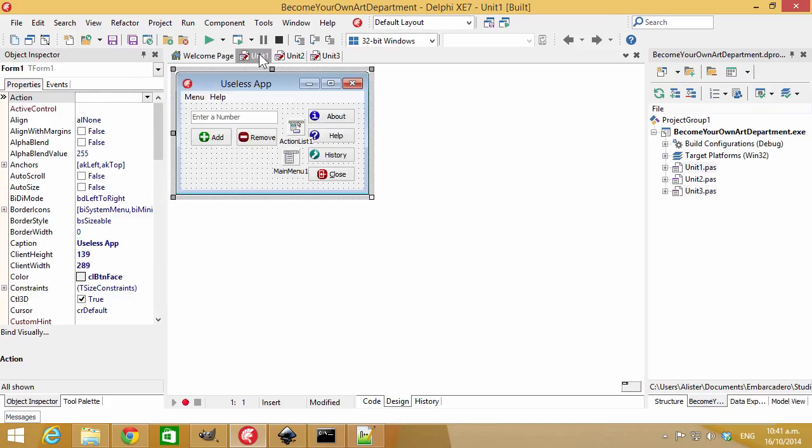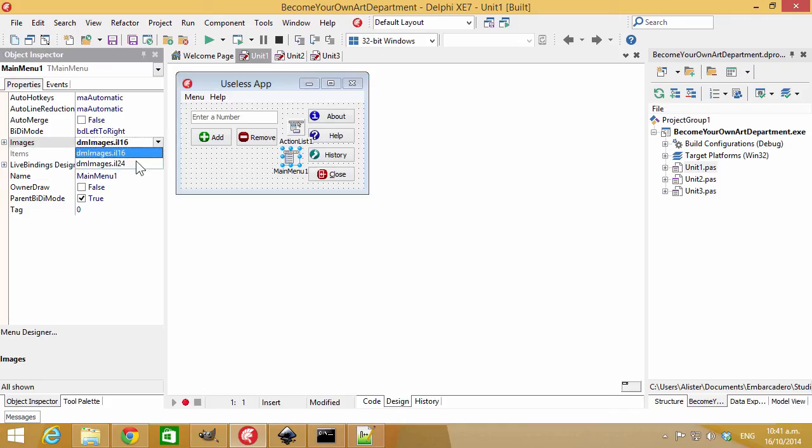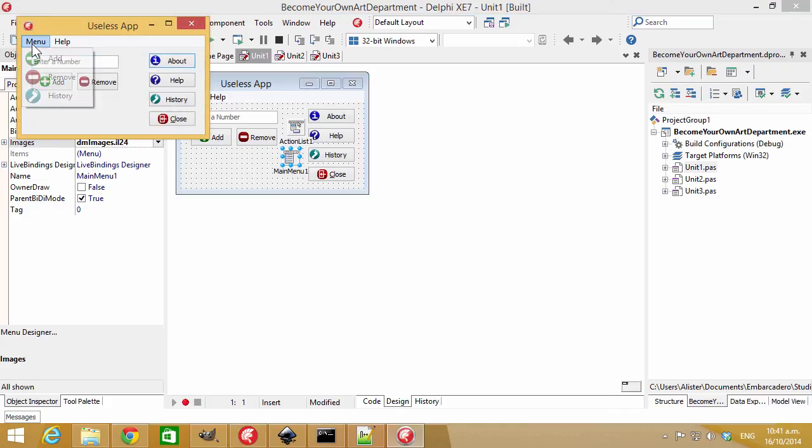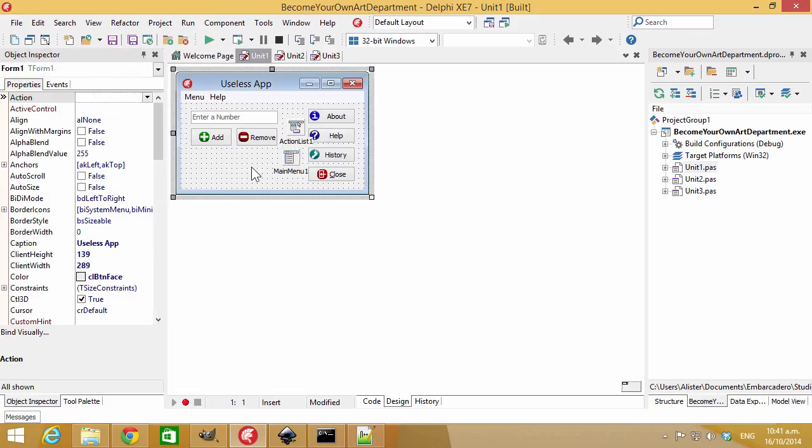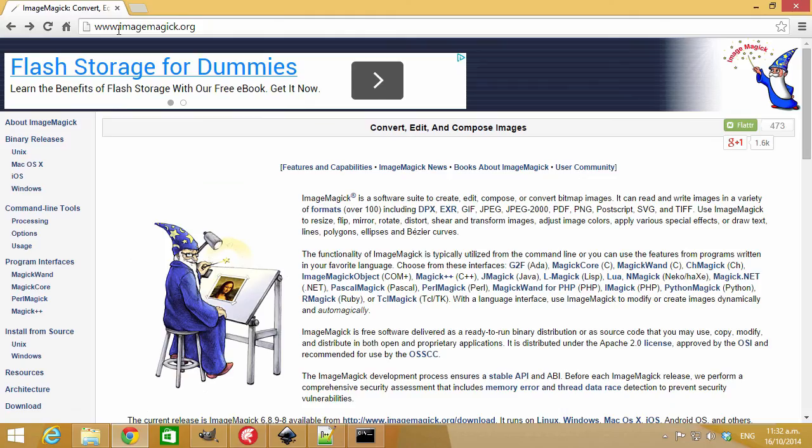OK, and we come back here and say, well, we want bigger images on our menus, for instance. So rather than selecting IL16, we can get IL24, and then we've got larger images. We just need to make sure that we keep the same order in the image list so that they all correspond correctly. There's one other tool I want to show you, and that's ImageMagick, which you can download from ImageMagick